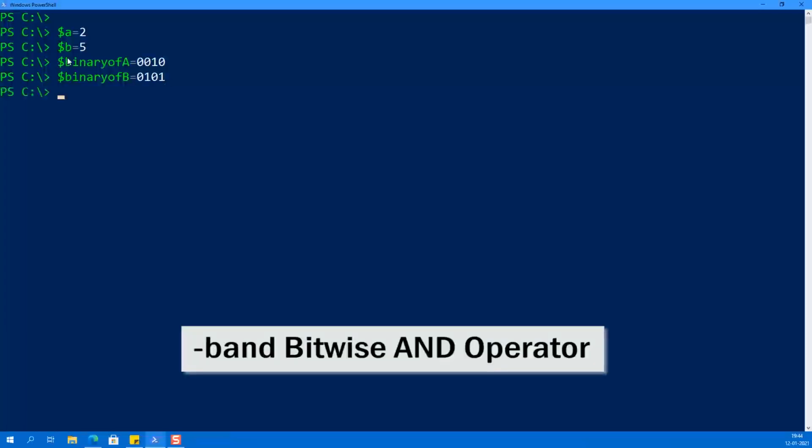So coming to our first arithmetic logical operator, that is -band. That is also called the bitwise AND operator. This operator will follow the logical AND rule, where if both are ones, then the resultant will be 1.